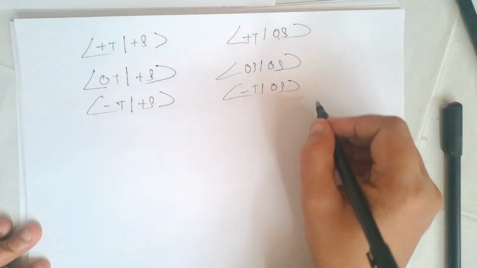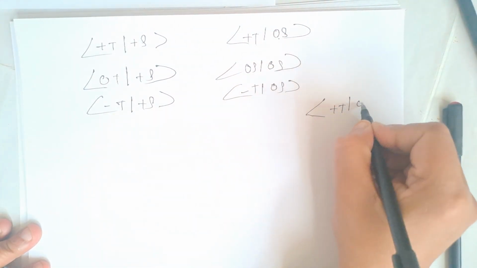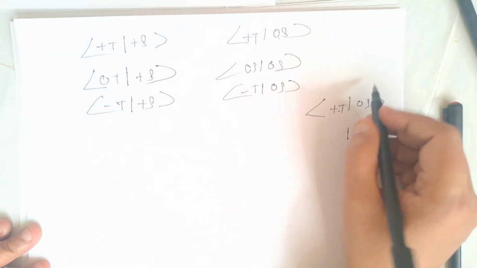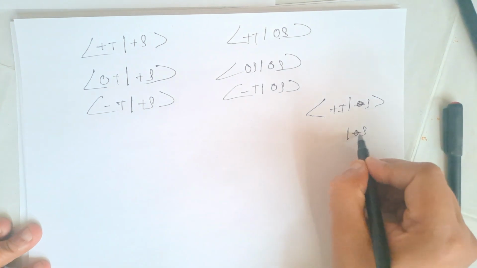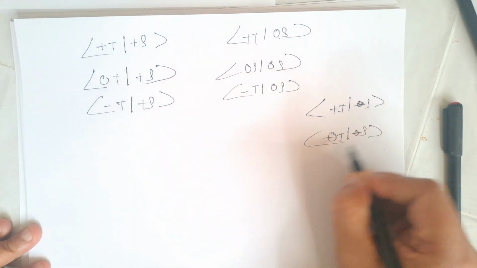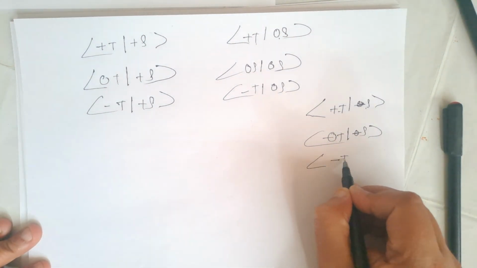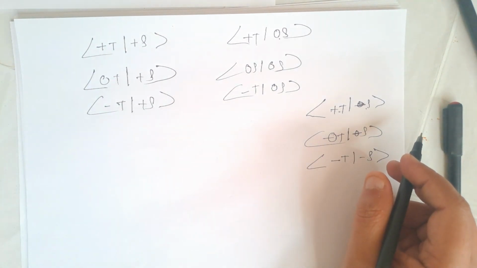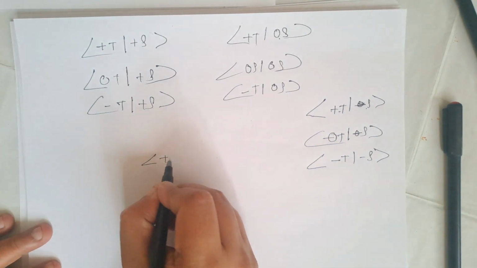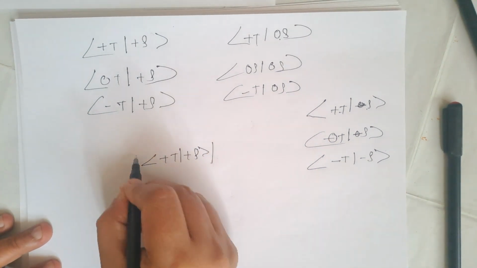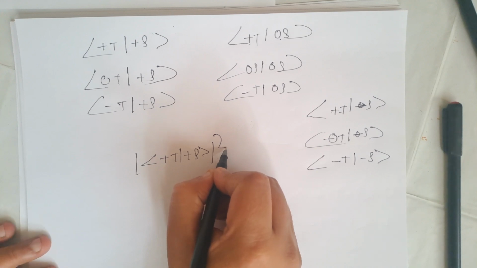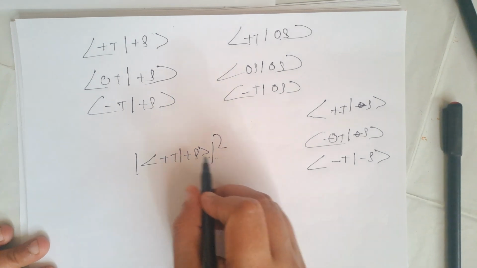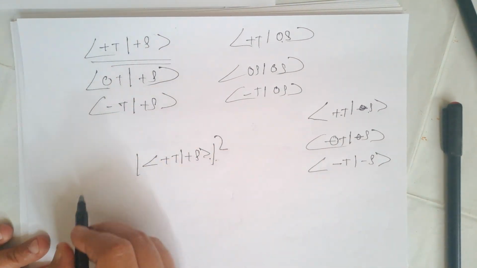There can be 9 such amplitudes: plus S to plus T, plus S to 0T, 0S to plus T, 0S to 0T, minus S to plus T, minus S to 0T, and again minus S to minus T. And the probability will be the square of these amplitudes,